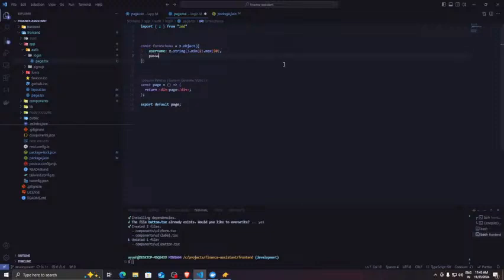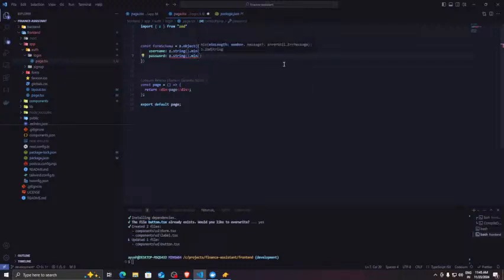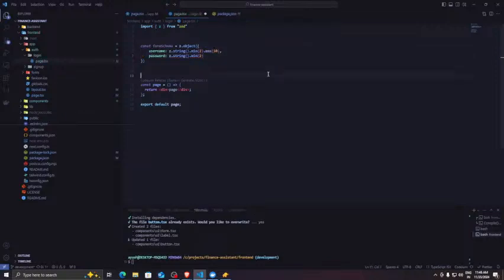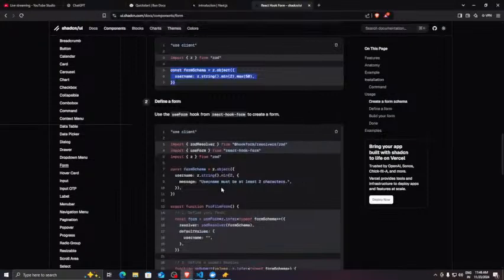And I should have a password which would be z.string also, with a minimum of 2 characters, and a max limit. The password should be like this. Okay, so now that I have the schema,